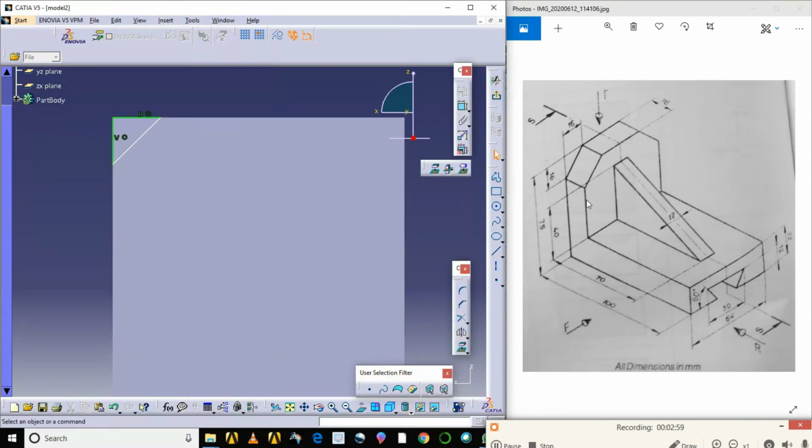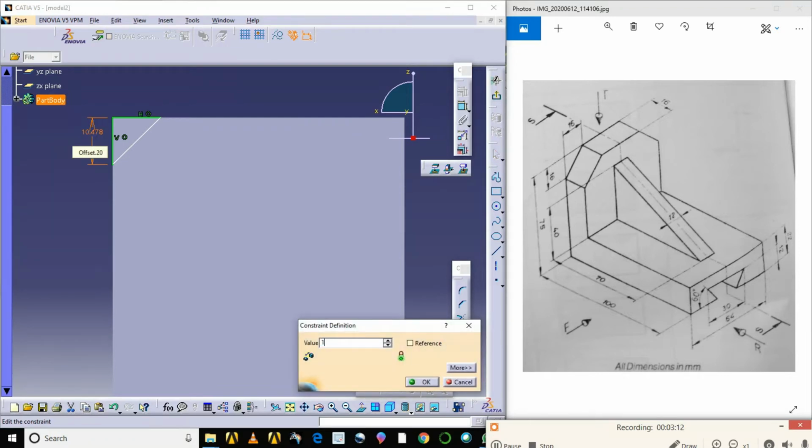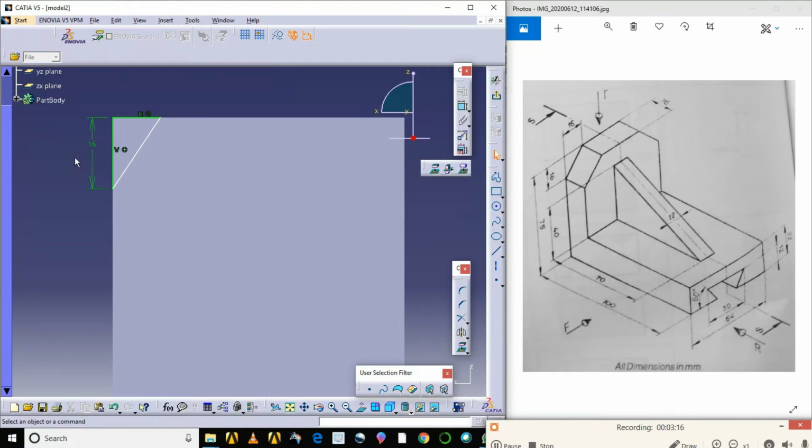Next one, what is the height of this? The height of this is 16 mm, from here to here. Next one, this should be how much?